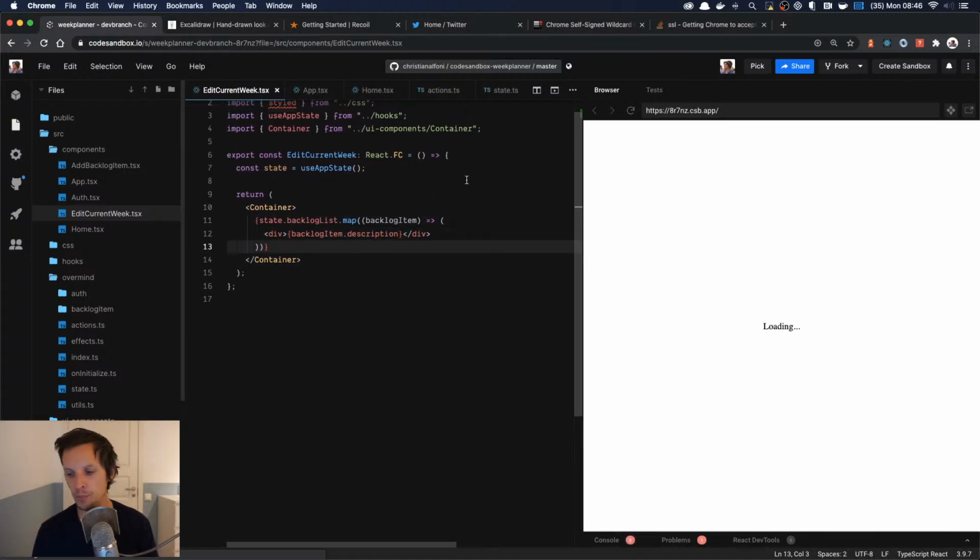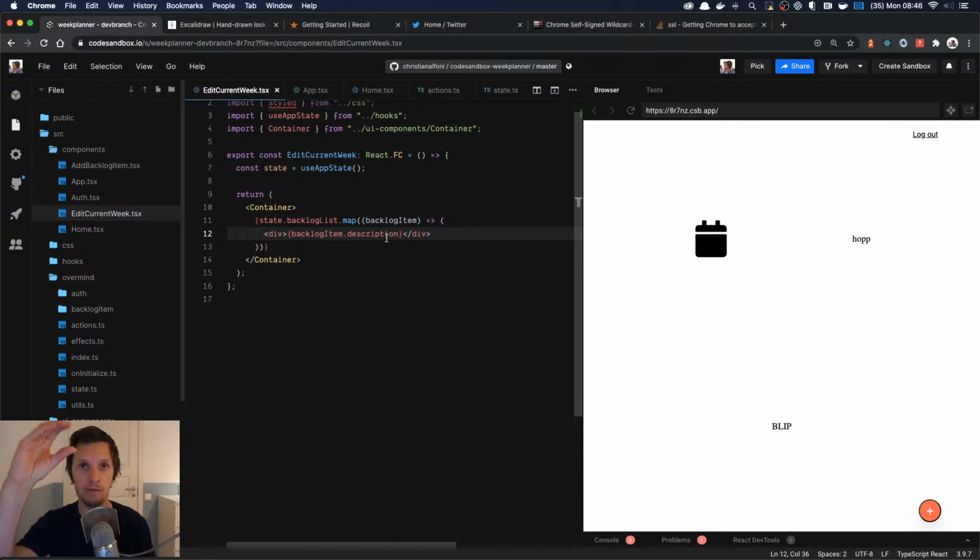So the point is, typically when we have a bunch of data that we get from the server, we want to determine how to display it. One thing is displaying it as a list, like an array, but also we want a certain order. In this case, we might want to have the newest backlog items at the top, but the ones that are related to a date, we want at the bottom. So you have your weekly stuff at the top, and then your date reminders at the bottom. So you typically want this quirky